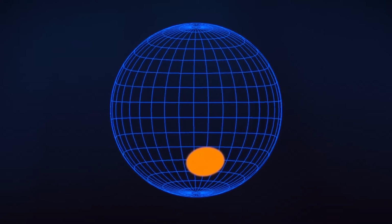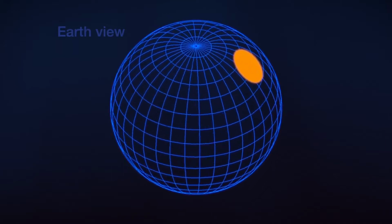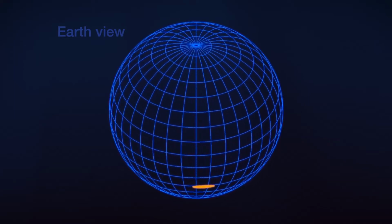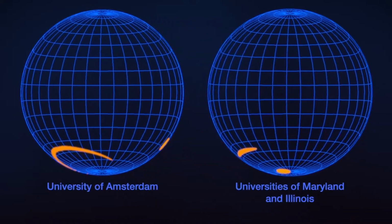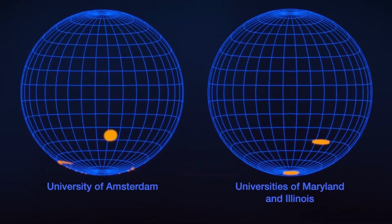The spots themselves don't match the textbook image, though. From Earth, we look down onto J0030's northern hemisphere. Both teams say there are no spots there at all. Contrary to the simple magnetic dipole model, all the spots appear in the southern hemisphere and are not necessarily in